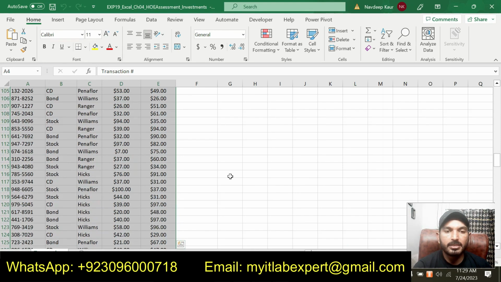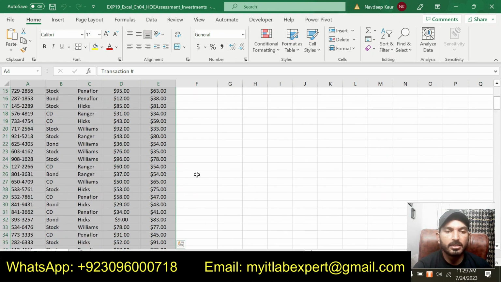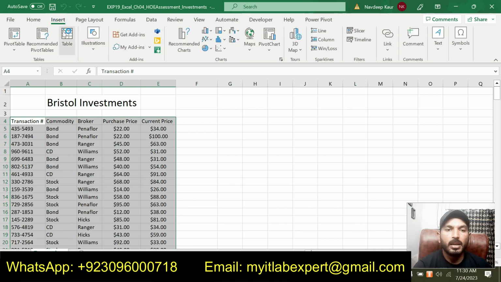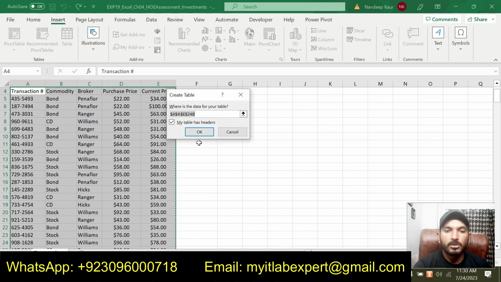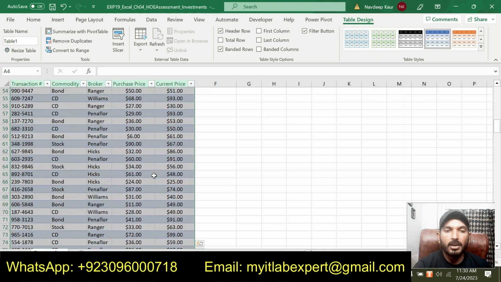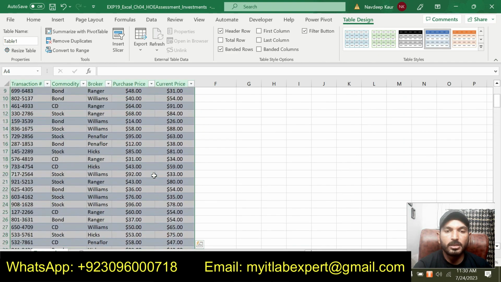I have selected the range mentioned in the instruction. Now we are supposed to convert this data range into a table. We can do this by simply going to the Insert tab and clicking on Table. So it will be converted to a table. I have converted this data range into a table.